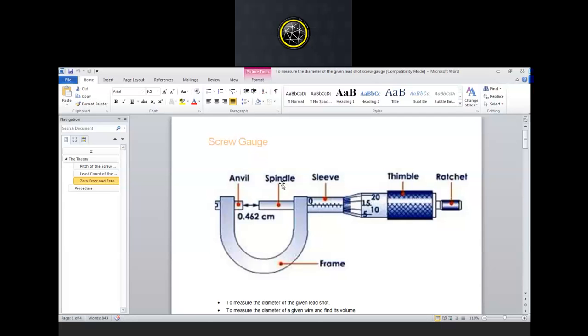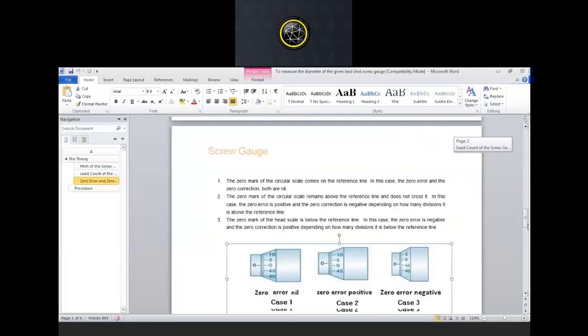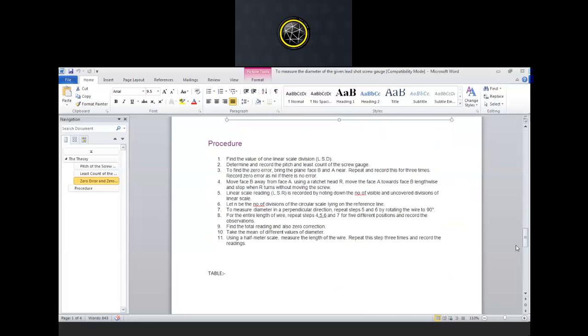It's just simple thing. See, it's just spindle is moving towards the anvil, okay. After that, it will get tight at one moment, okay. Up to this, we have to rotate the whistle, okay. Next,